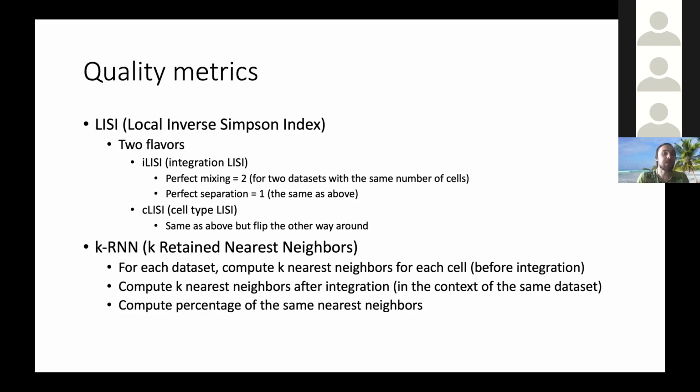And also, in order to measure the quality of our local structure preservation, or how well we keep the structure of each of the two batches, I have introduced the so-called k retained nearest neighbors. So basically, for each of the data sets, we compute k nearest neighbors for each cell before integration, and then we compute the same kind of thing